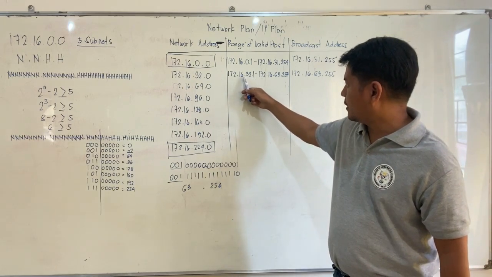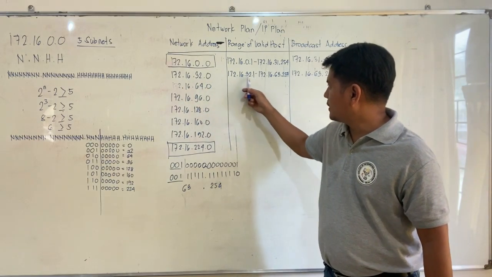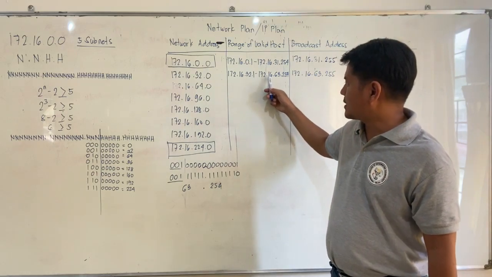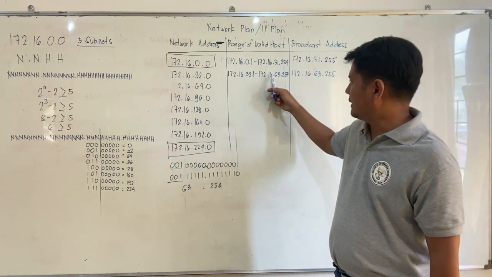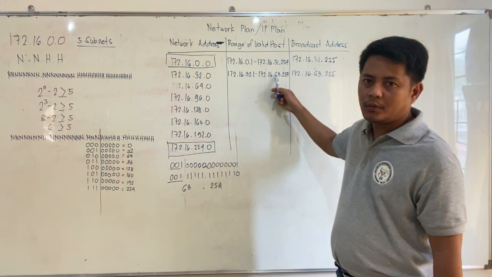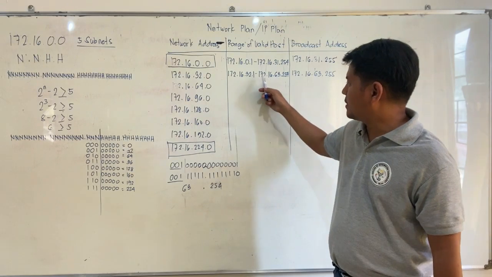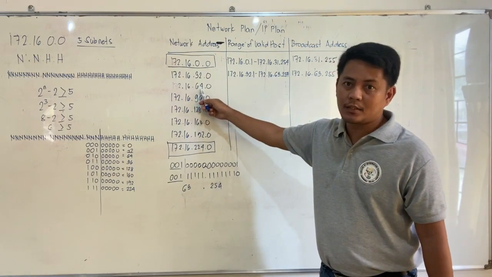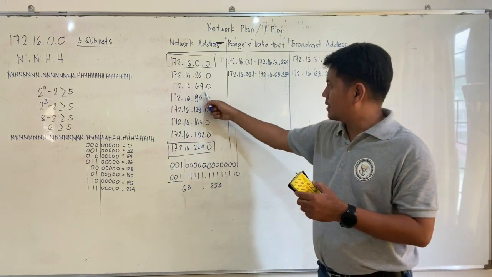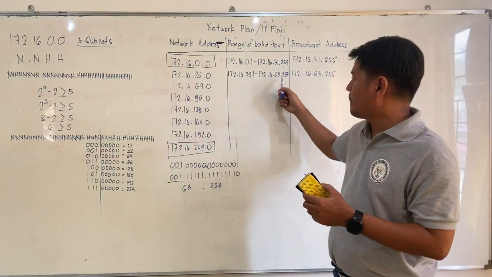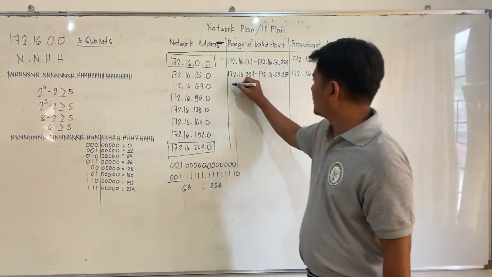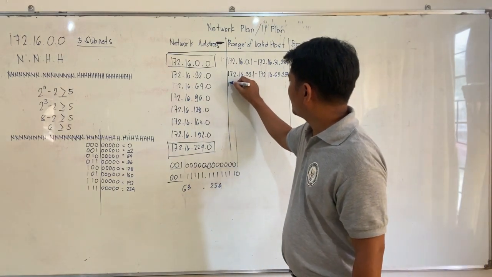We have 32.1. This will be our first valid host. Next, the last valid host is 172.16.63. Okay, this is based on the next network address, which is 64. We simply deduct 1. So 64 minus 1 is 63. And the last number is 254. Okay, so we rewrite